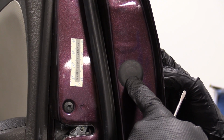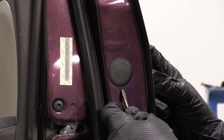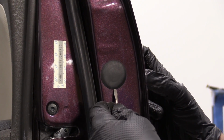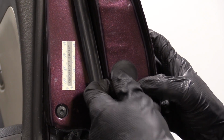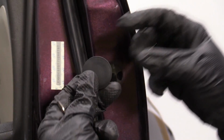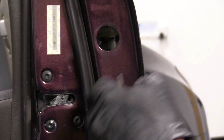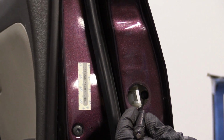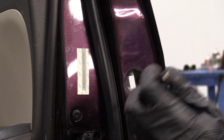So right here, there's a little plasticky rubber piton cover. I'll take my pocket screwdriver and try to pull it out of here. That's what it looks like. And that just covers this hole, which shows us right in here there's an 8mm head screw. Okay. The other side,